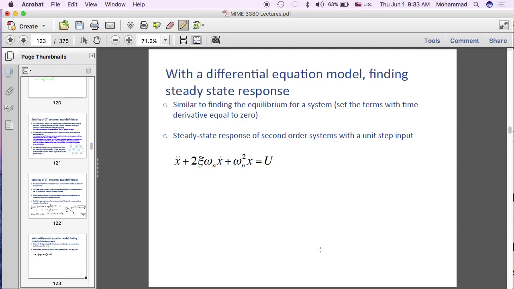Okay, so let's look one more time at finding a steady state response of systems. This is a review because we want to look at various models and how to find a steady state response of various models. If you have differential equations, it's fairly straightforward. You drop all the dot terms, and what is left will determine your steady state response. So, for example, if u is 1, which indicates a unit step,